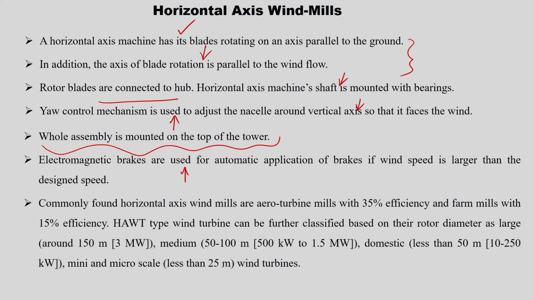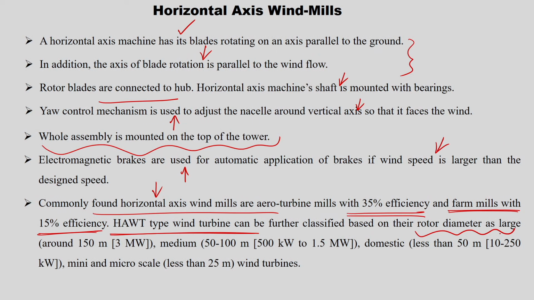The electromagnetic brakes are used for automatic application of brakes if wind speed is larger than the designed speed, that is what we call the cutout speed. And commonly found horizontal axis windmills are aeroturbine mills, which have an efficiency of 35%, and farm windmills having 15% efficiency, because horizontal axis windmills are the popular ones in terms of efficiency. Yeah, we will see the advantages and disadvantages. And horizontal axis wind turbine types can be further classified based on their rotor diameter, right,